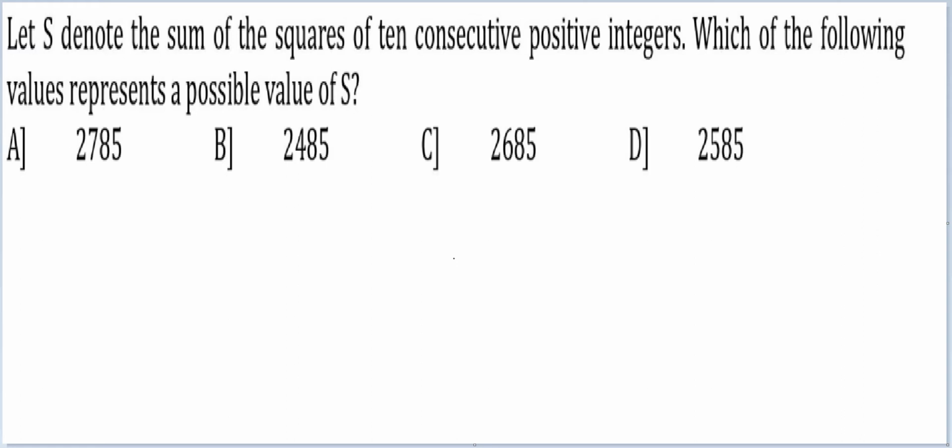Let's look at this question. Let S denote the sum of squares of 10 consecutive positive integers. Which of the following represents a possible value of S? Okay, when you're dealing with this,